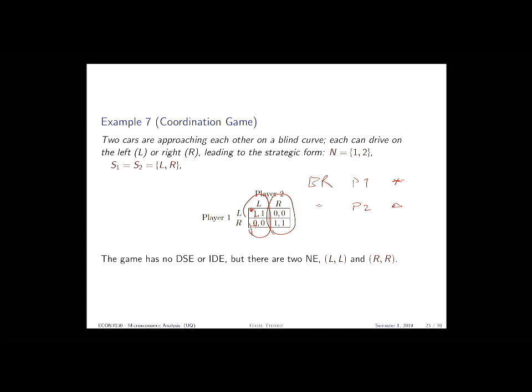R again, because now 0 is smaller than 1. So I'm going to put another star next to this box. Okay? Now, do we have any further best responses, possible best responses for player 1? Nothing more, because there were 2 strategies by player 2, and we fixed both of them, and we found 2